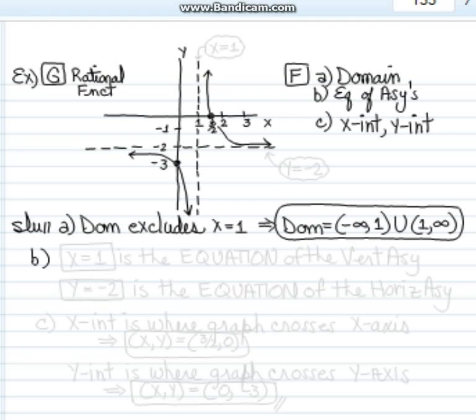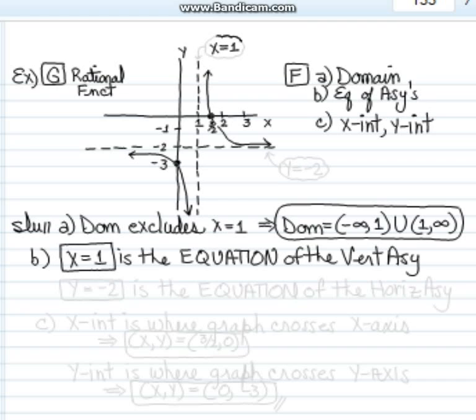Part B is where we are looking for the asymptotes. First, we'll look at the vertical asymptote. It passes through 1 on the x-axis. That dotted line has an equation. It's the equation x equals the number 1. And so that is our equation of our vertical asymptote. I like to write the equation on the graph sometimes, so I'll remember this is x equals 1, that dotted